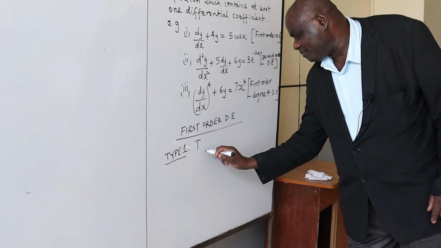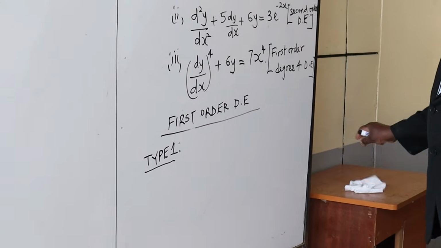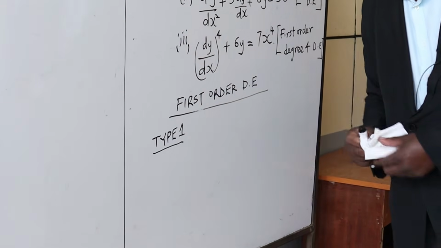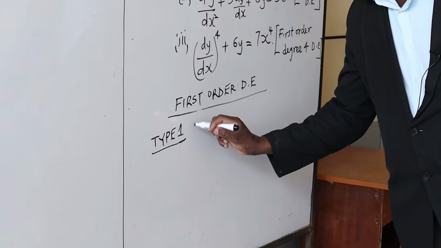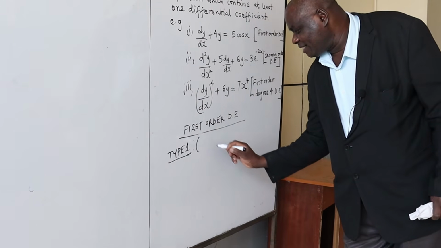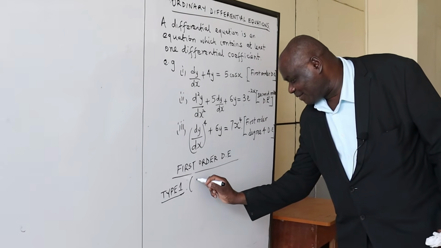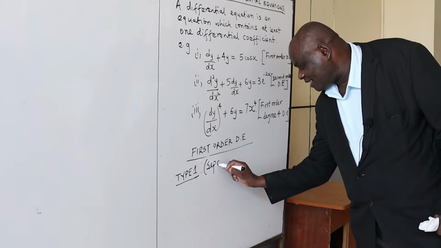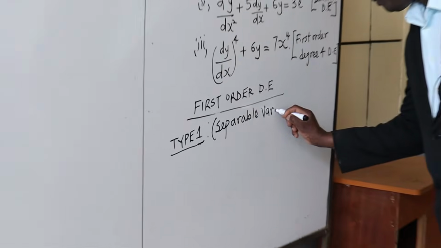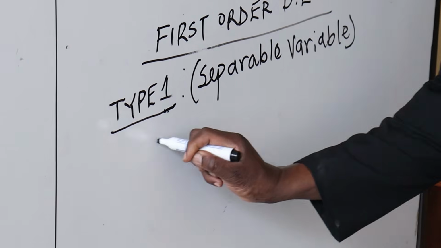This takes the form, and we are going to call it by the method used to solve it. So for this first order differential equation, we will call it separable variable. And we say this takes the form,